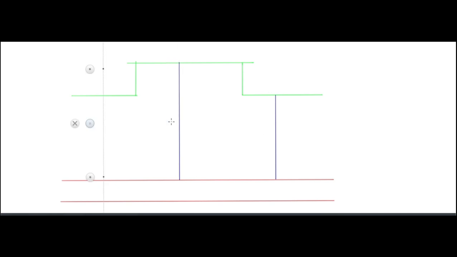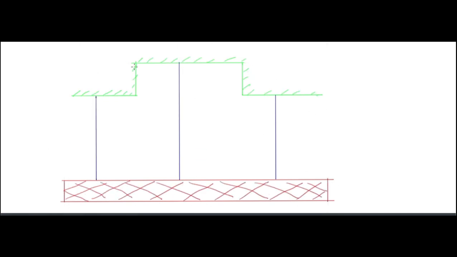Once again, this is one question. The 3 strings are attached to a load W, a weight W. So 1 and 2 are there. In this case 2F1 plus F2 is equal to W. This is 1, this is also 1 and this is 2. Both 1s are of the same material and 2 is of a second material.